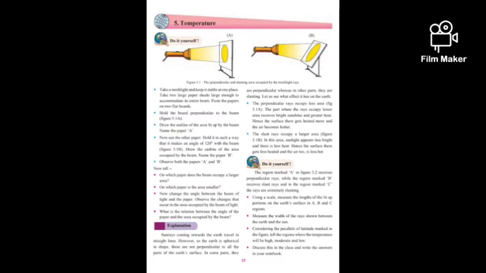In our previous session, I explained to you the fourth lesson in geography, that is weather and climate. Yes, in weather and climate, I had explained in detail what is weather, what is climate, and the difference between weather and climate. We have even seen the elements of weather, that is temperature, air pressure, winds, moisture, and precipitation. In the fifth lesson, I shall explain temperature.